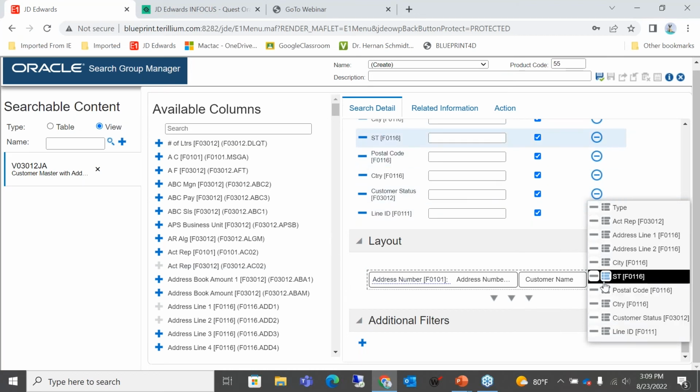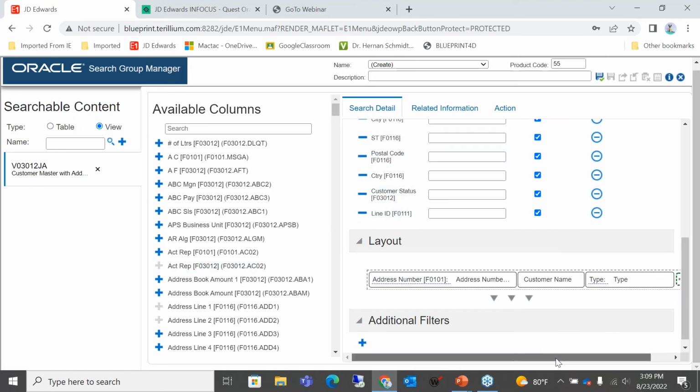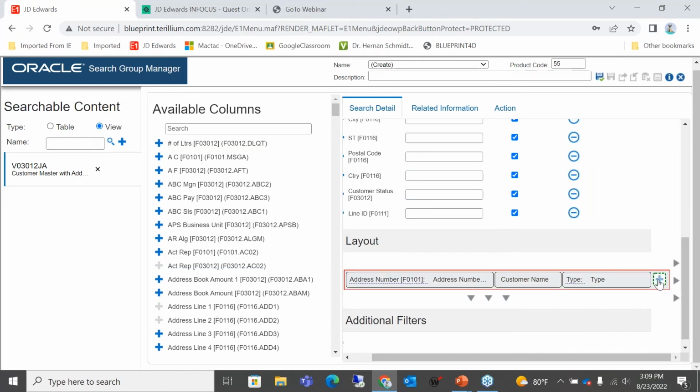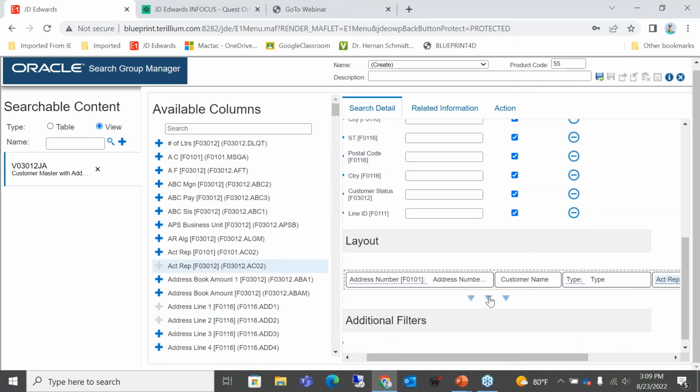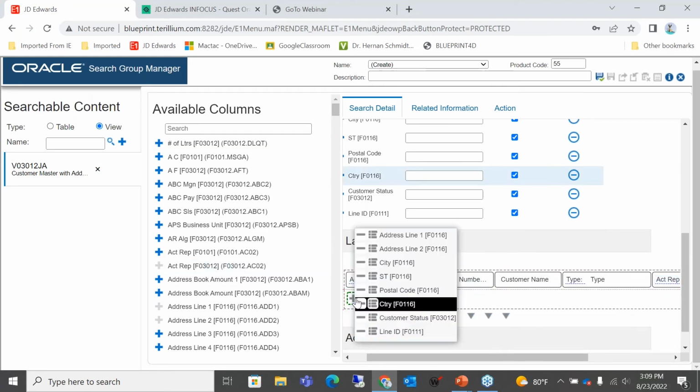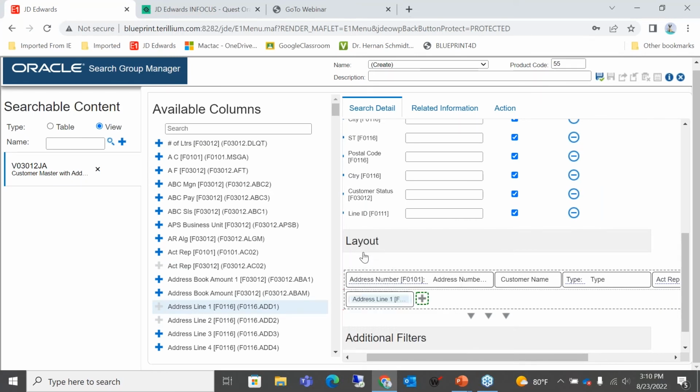I'm going to put my search type, and I can keep on and on adding over here. And I'm going to put my account rep. And then I can put as many lines going down as I want. So I'm going to put now my address information